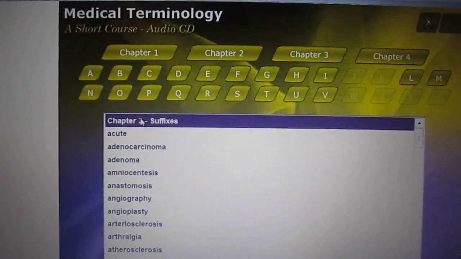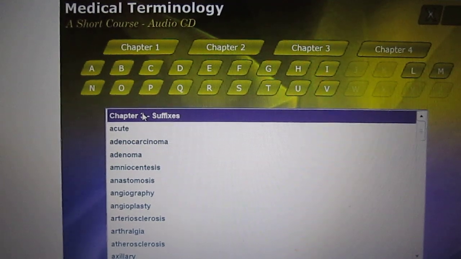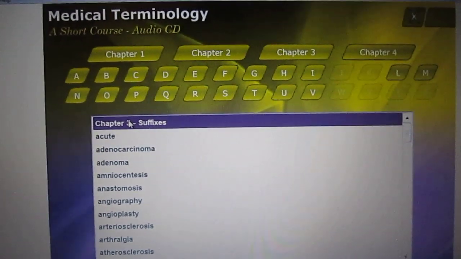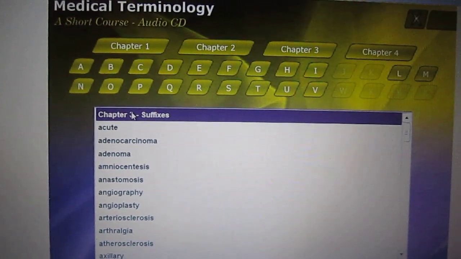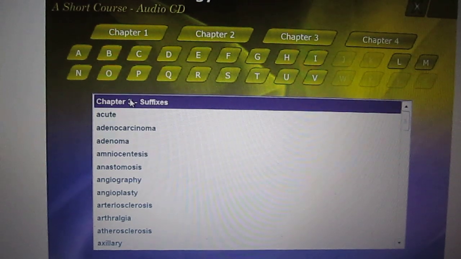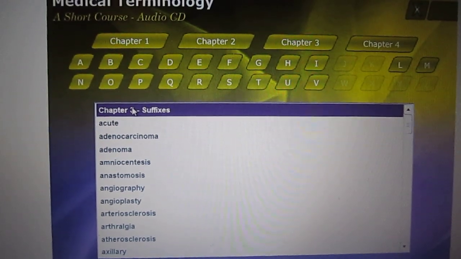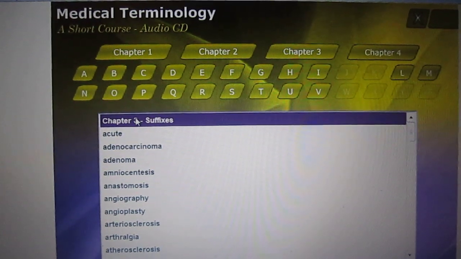Chapter 3, Suffixes. This chapter is devoted to the basic suffixes you need to know to master medical terminology. Because all medical terms contain suffixes, once you learn these, your vocabulary will increase dramatically. While reviewing the suffixes you learned in chapters 1 and 2, you learn many new suffixes here in chapter 3